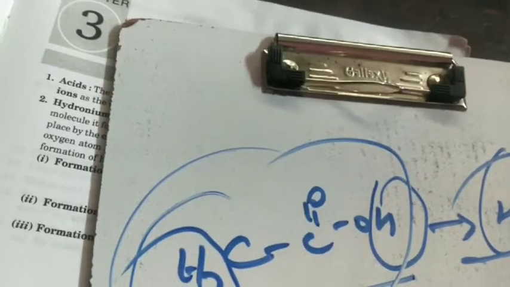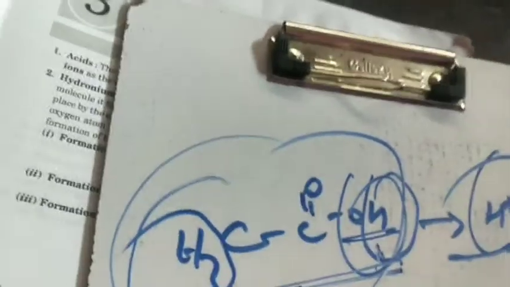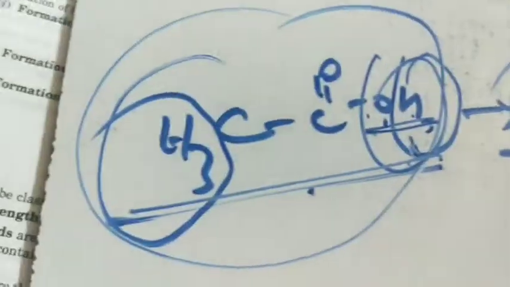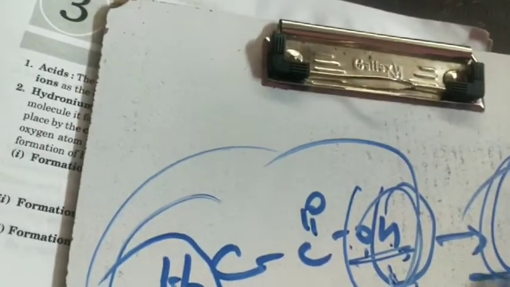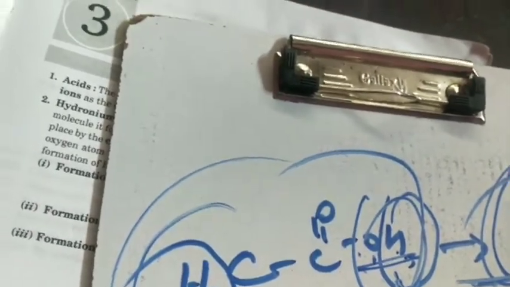Which hydrogen is displaceable, replaceable, furnishable, and which is not? Only the hydrogen attached to oxygen is replaceable. We see the structure of acetic acid: only one hydrogen is attached to oxygen, so only one hydrogen is furnished in this compound. So we call it a monobasic acid. Now this compound is a weak acid.